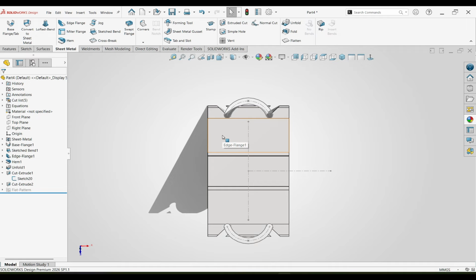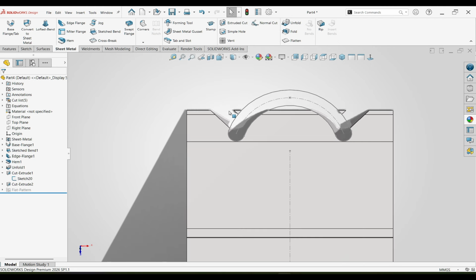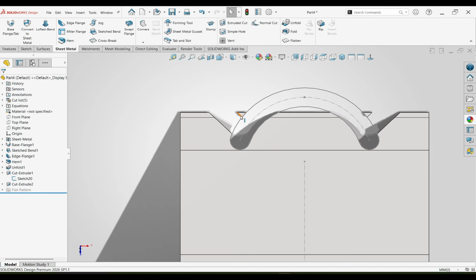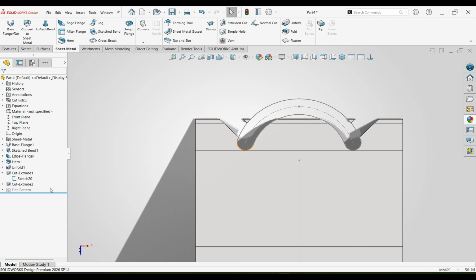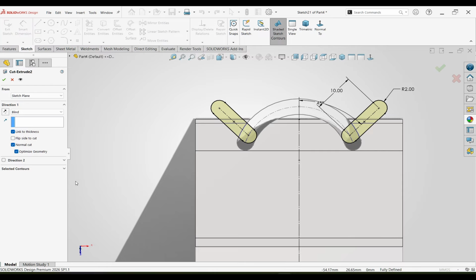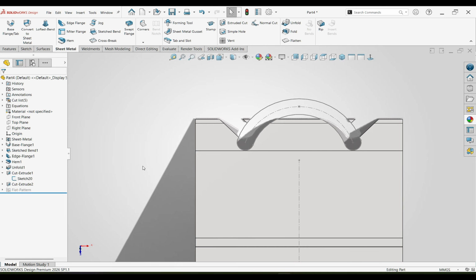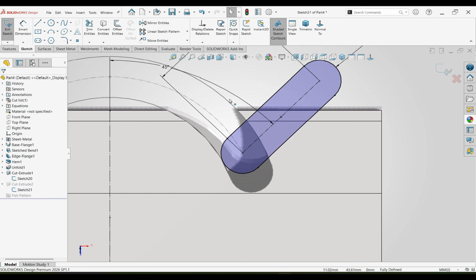Here I have made a mistake, so let's solve this issue. As you can see, something is not cut. So what I can do, as you can see on my screen, this error will be solved by removing this tangent relation. How? Select this,